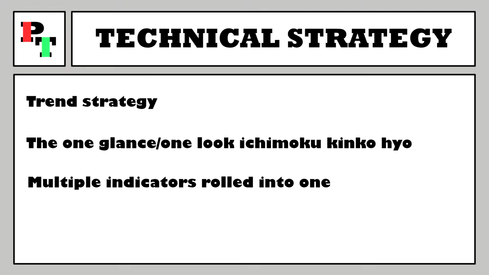But this indicator, it does have multiple indicators within it. A well layered indicator as it were. 5 separate pieces make it up and we are going to be using most of them. If you do want the full lowdown on the Ichimoku Kinko Hyo, then we have got a video linked in the description going into more depth, but here we are just going to give a brief overview of the parts